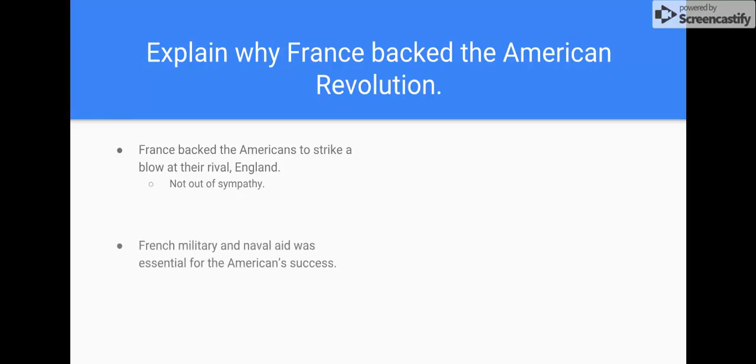The French military and naval aid was essential to American success. So without the French aid from the military and the Navy, the colonies would not have won. They were losing badly. People were starting to get discouraged, and then comes in the French, and they help support, and that helps shift the views of people in England from this is worth it to we're wasting money, and this is going on way longer than we thought, so maybe we should end it. And so that kind of plays into how the colonies end up winning.